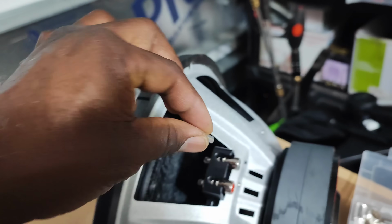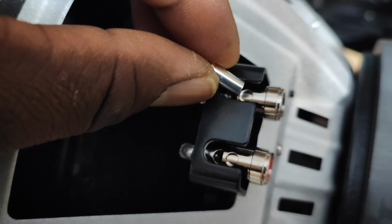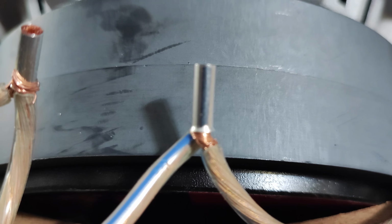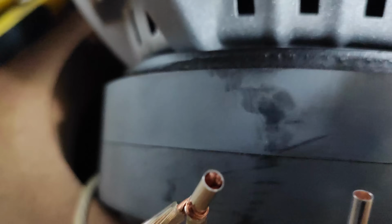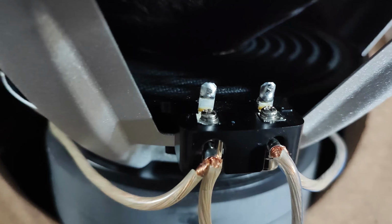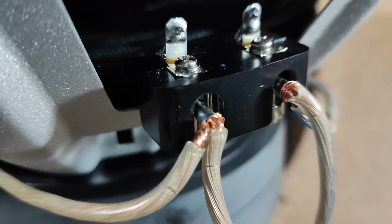Wire ferrules are basically thin cylindrical pieces of copper with a tinned coating on it. The coating on the copper protects it from corrosion, things of that nature. So I just used it to bind these two wires together. I'm going to use a crimper to smash them even smaller than this so that I can actually fit them